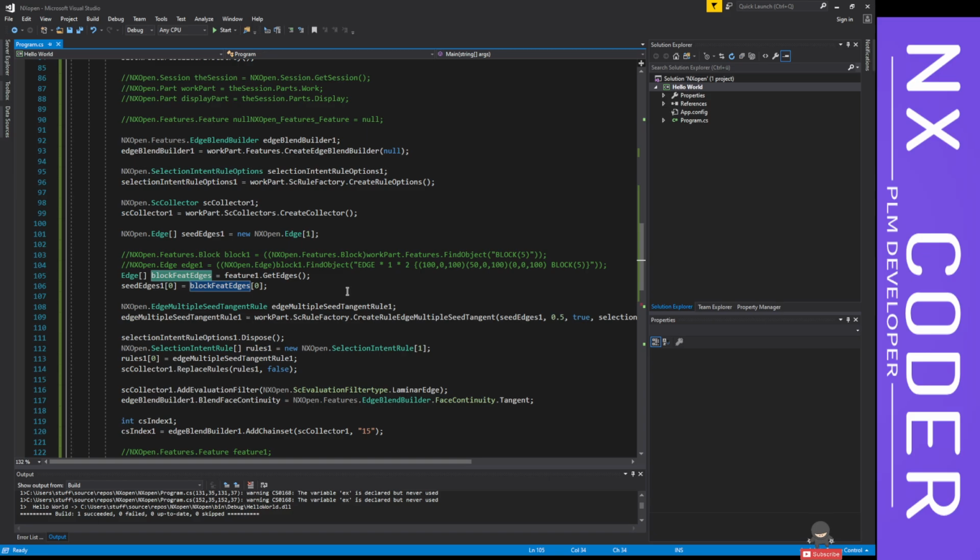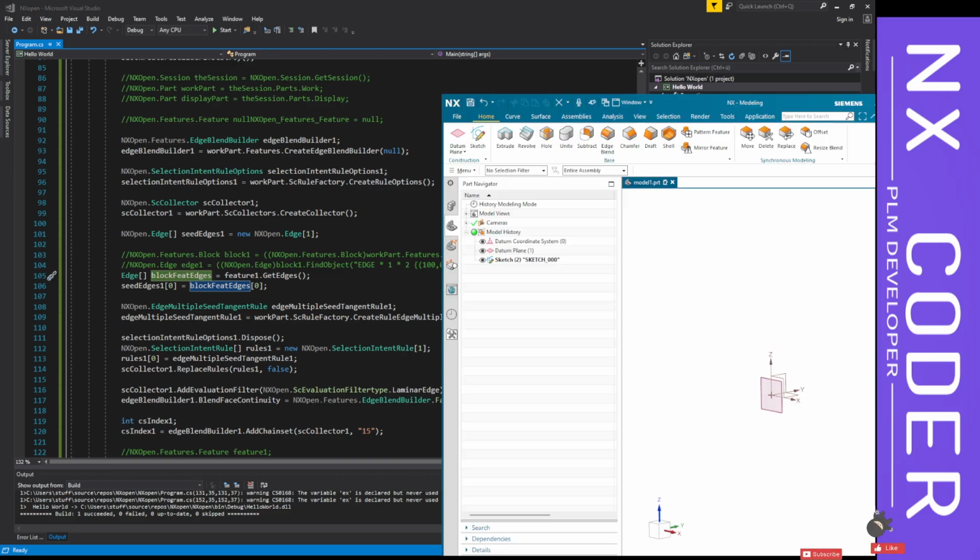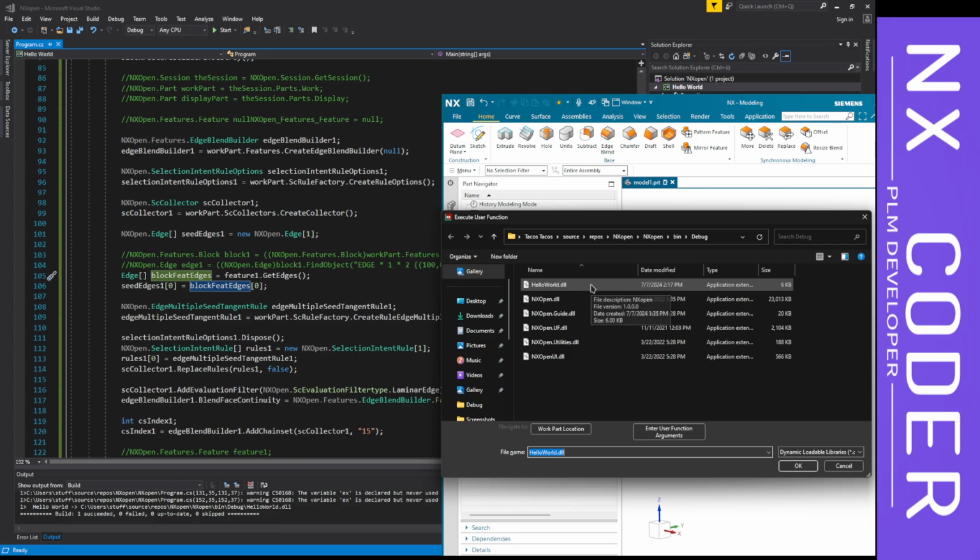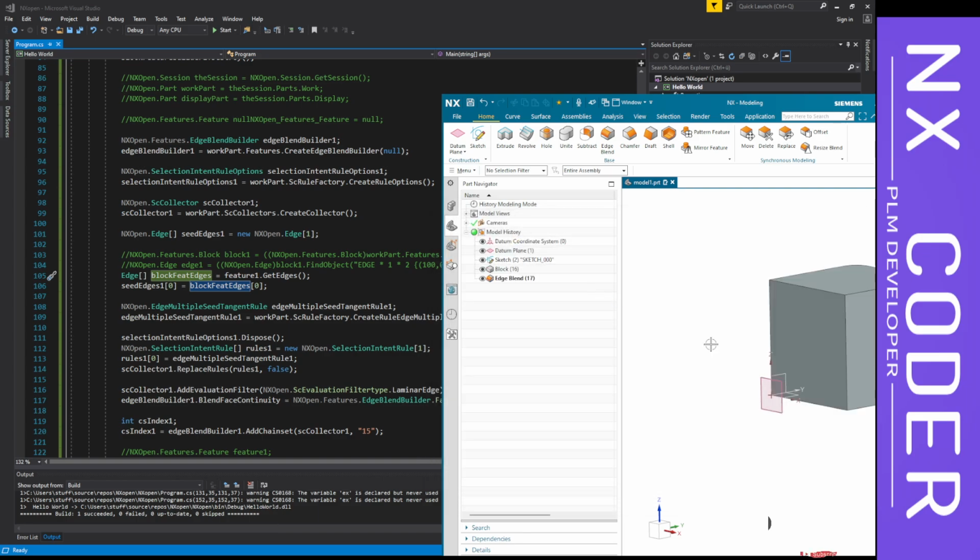So it's all edges now, and then from the edge it can be any edge. We don't know which edge it is for now, right? It can be any edge because it's an array. So we'll run the tool and then see whether it is working as we expected. It created a blend, yes, and if you want to see where this blend is, it's over here,